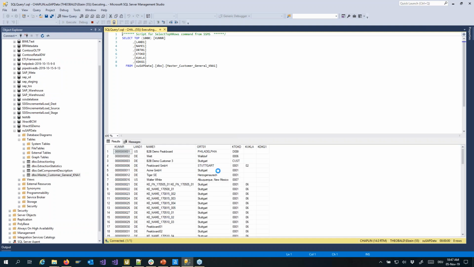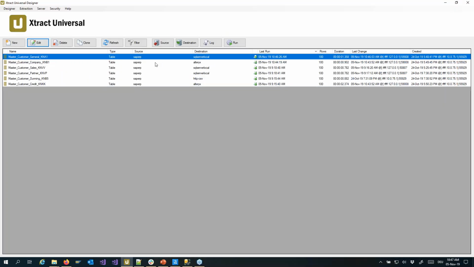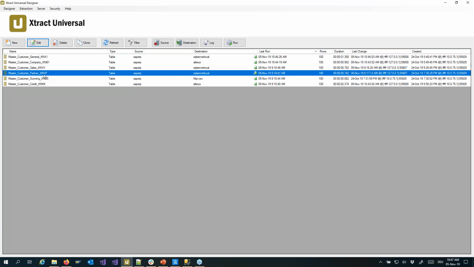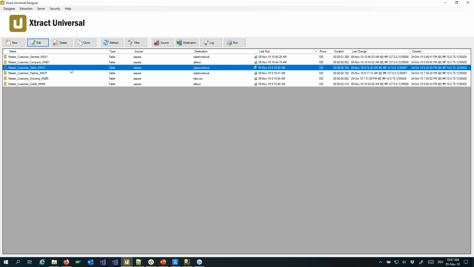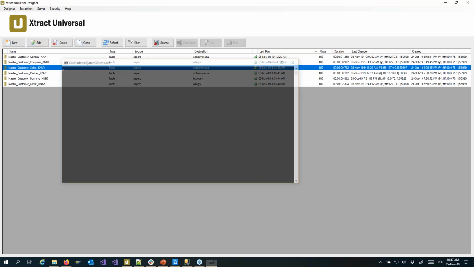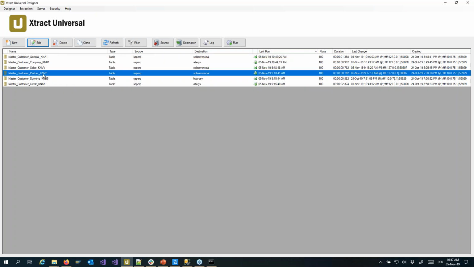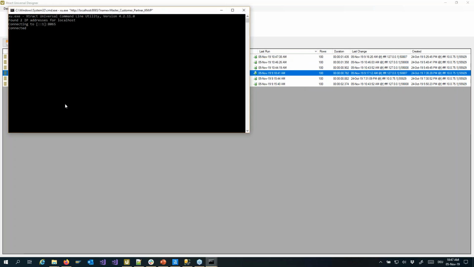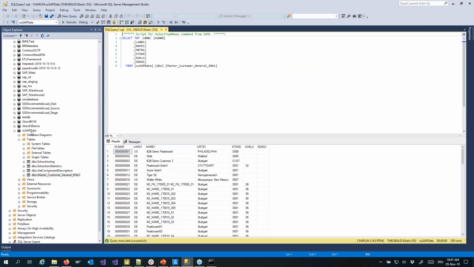Okay, and now you see I have here the data icon. And I would like to make it with other extractions, that's possible. So you see here for the other extractions, for this one, SQL Server is set as destination. So let me run that. For example, for this one, I can just run it. And if we check here again now our